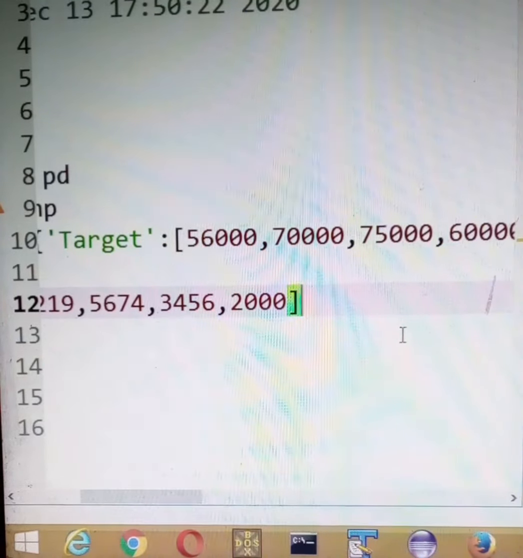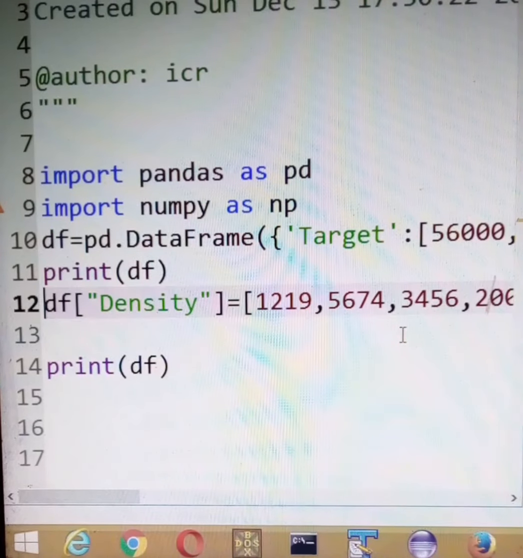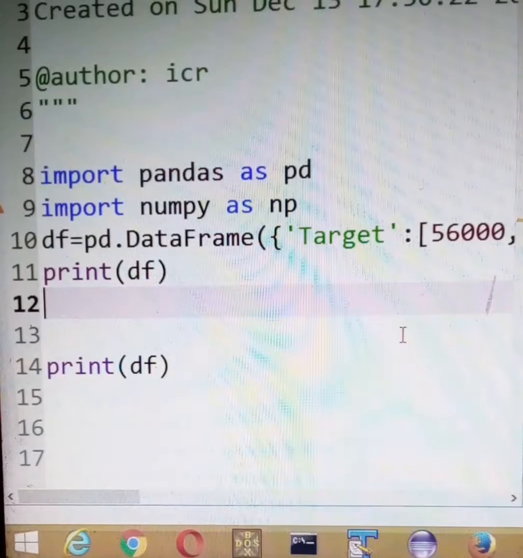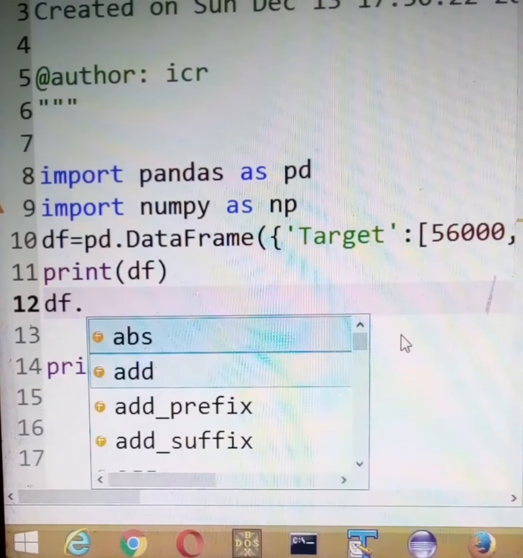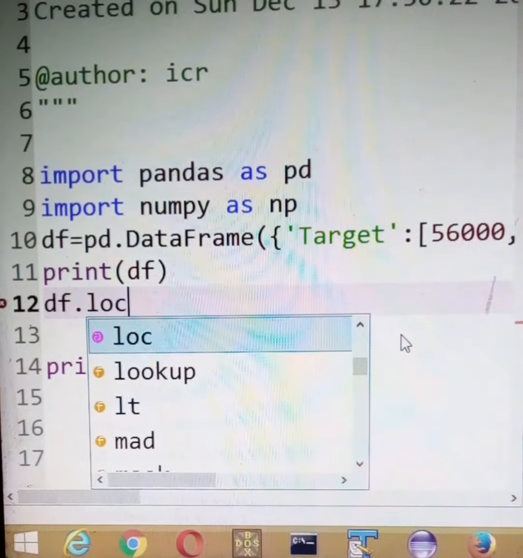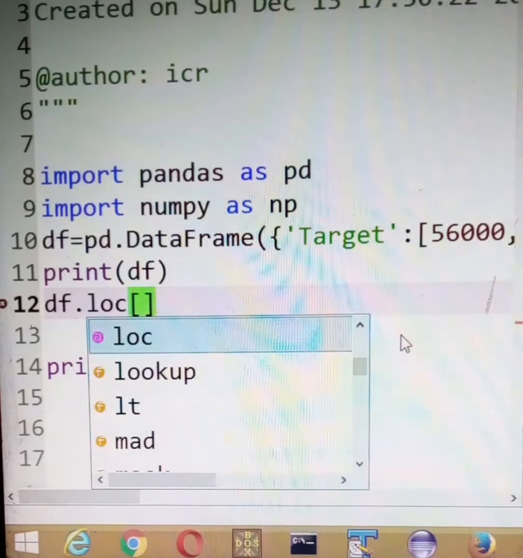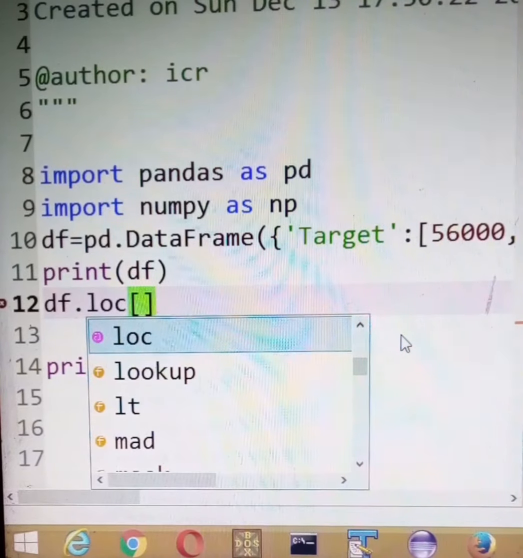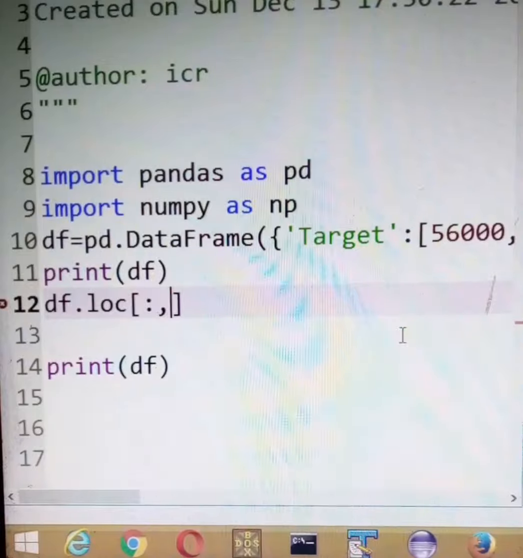We can also do it with the help of at or LOC. If I do not want to use this method, I can use here df dot LOC. And in order to add or access a new column or any existing column, we have already seen that we have to use a colon and a comma, and then we give the column name.